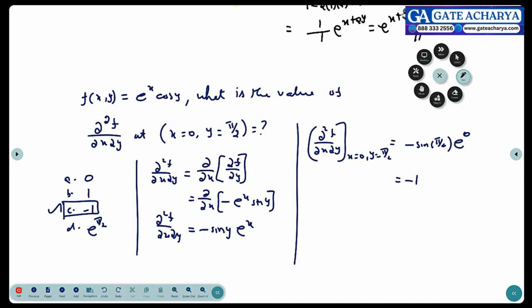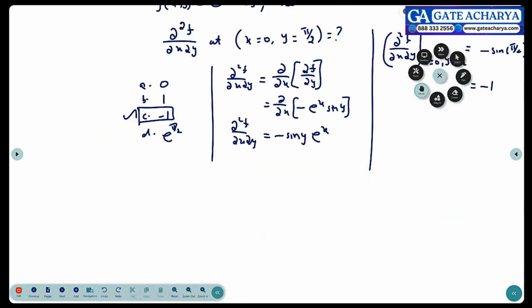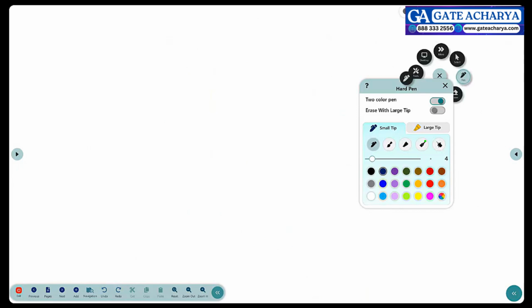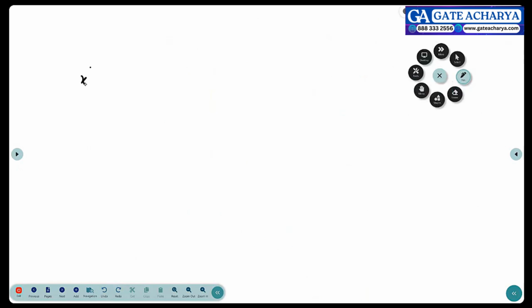Okay, last one. Again, a 2 marks question. Consider the second order linear ordinary differential equation x square d square y by dx square plus x dy by dx minus y is equal to 0,